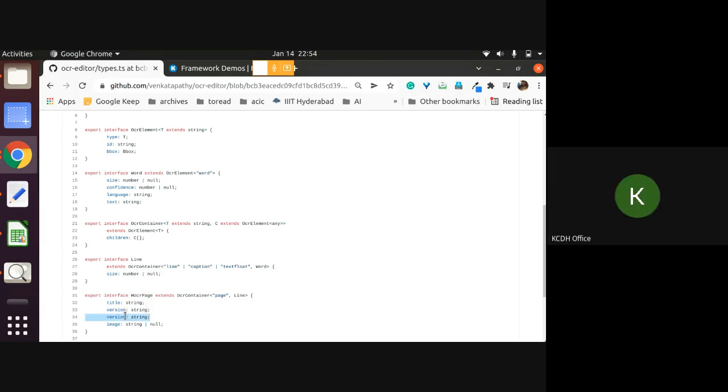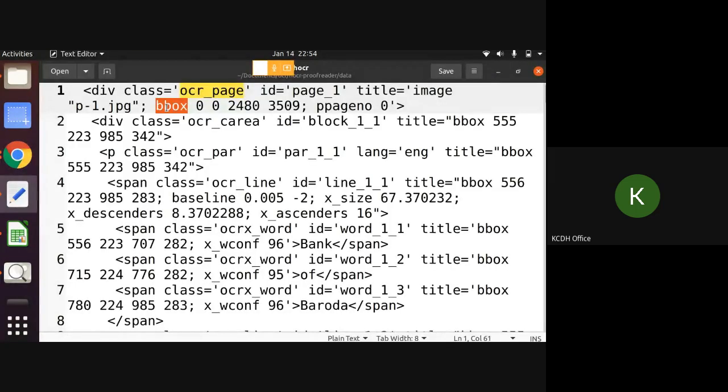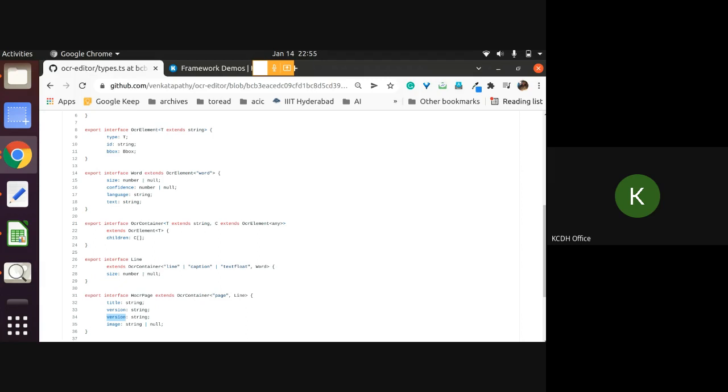Sorry. So these are small changes we can make. I was supposed to make it into something else. I think I wanted to add one more piece of information, but maybe I forgot. Title, version. What else do we need for any page? Let's go there. Yeah, we have a bounding box and we have a page number. Maybe I forgot that, but it's not needed for now. So it's redundant information.